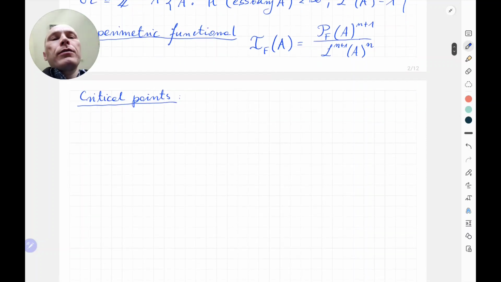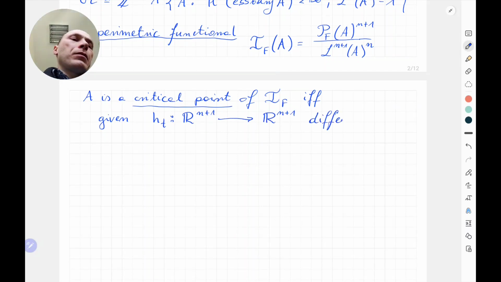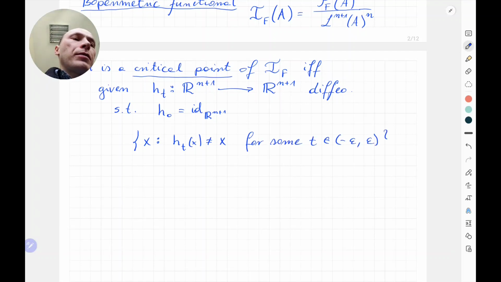Critical points, well, first you take, so maybe I should write: A is a critical point of this IF if, given a one-parameter family of diffeomorphisms such that H0 is just the identity, and the set of those x such that Ht(x) is not equal to x for some t in some neighborhood of 0,